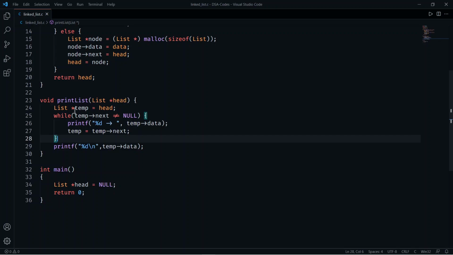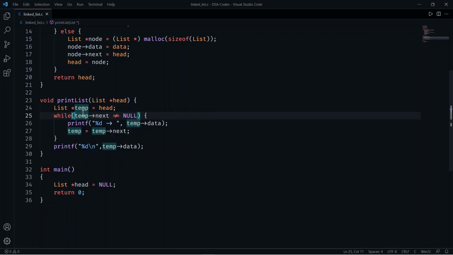And how this while loop is working, first of all I have created a variable temp which is equals to head, and I am using this while loop until I find any next pointer equals to null.